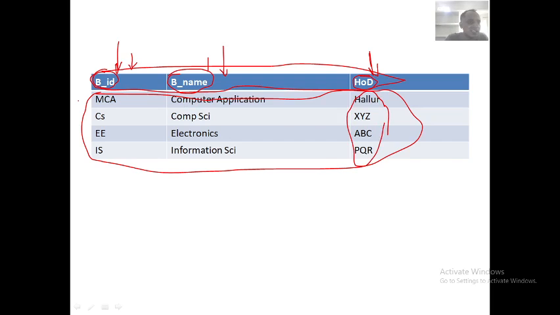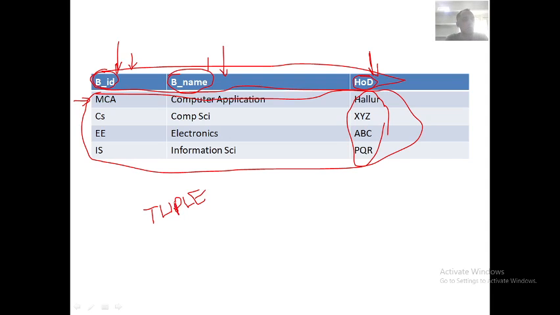If you take a row, this row is also called a tuple. Tuple means one row.